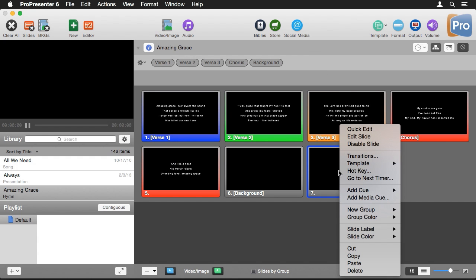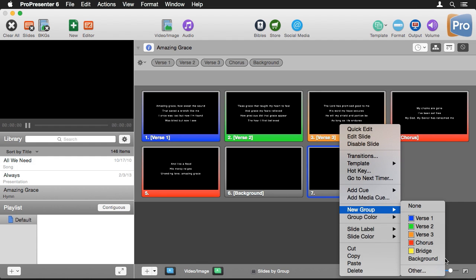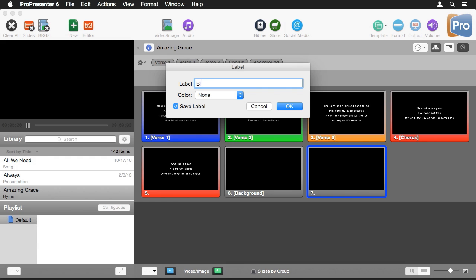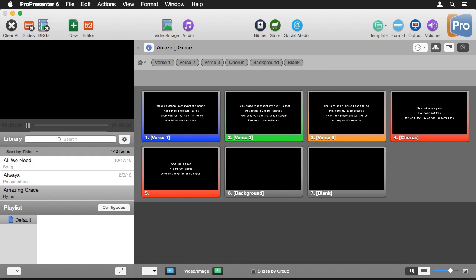And then we're going to do one more, and we're going to have this be a blank slide for times that we don't want text on the screen. So again, we'll go to New Group, Other, and we're going to type in blank and hit OK. So now that we have all the different groups or sections of our song set up, we can create another